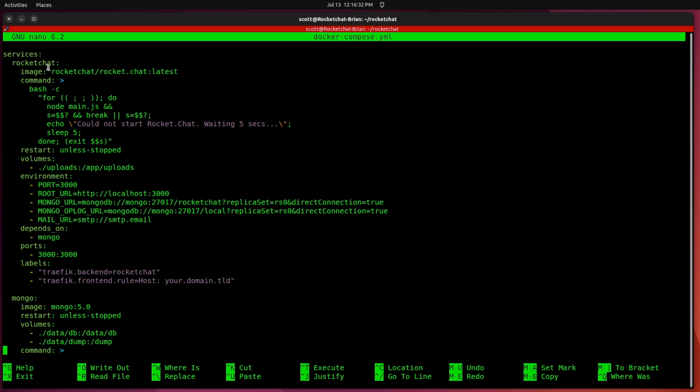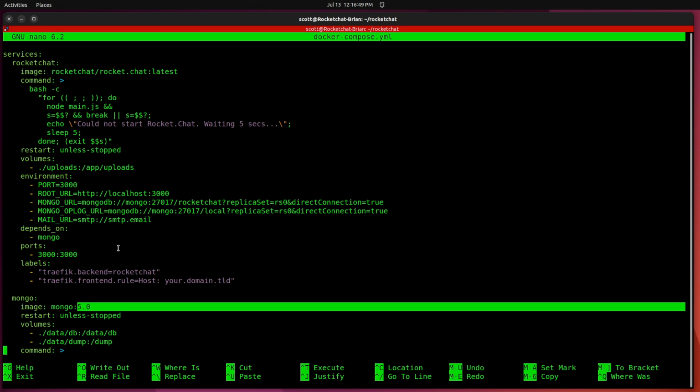And perhaps they have this set up as latest, but if their database on the disk is running Rocket Chat, say 3.8, and it's running Mongo 4.0,